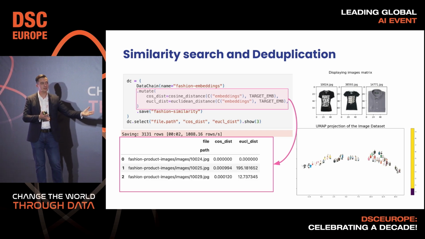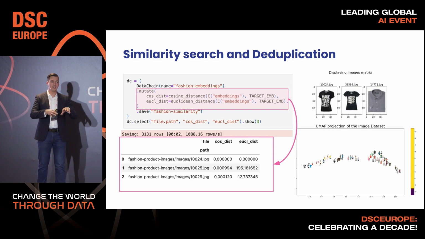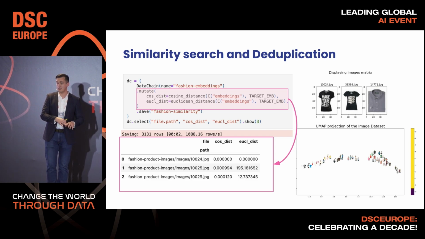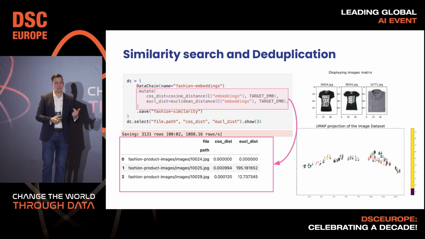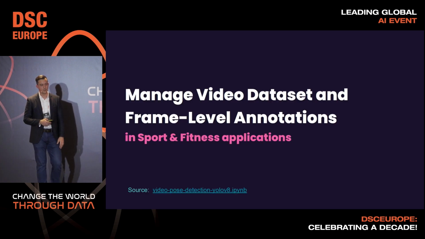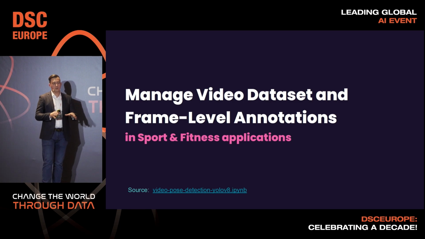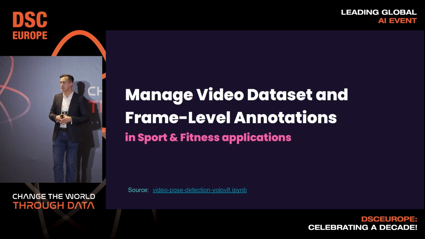If you have embeddings, we can do some kind of similarity. We can cluster objects and do deduplication. This functionality is not built into DataChain, but we just use a separate function that DataChain runs with those map and gen methods. So this is about computer vision with static images, but it also works in a similar way for